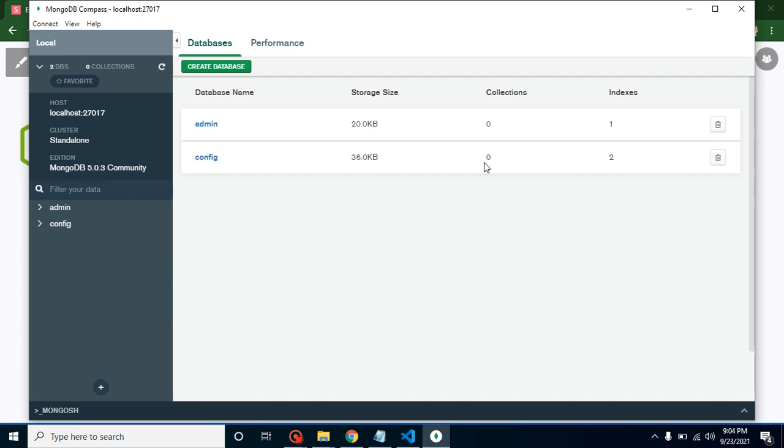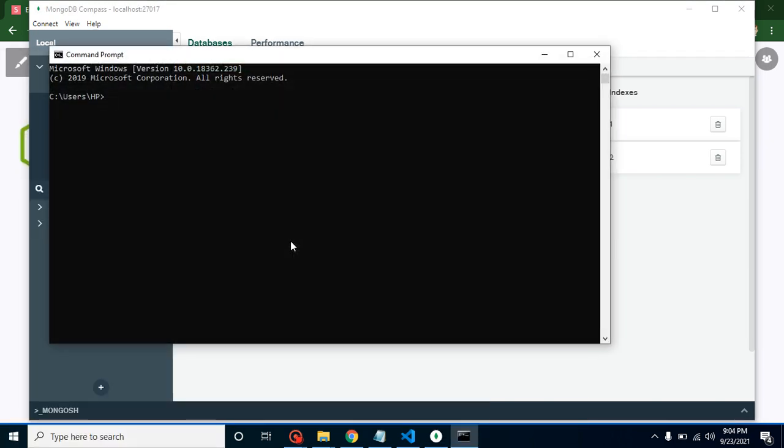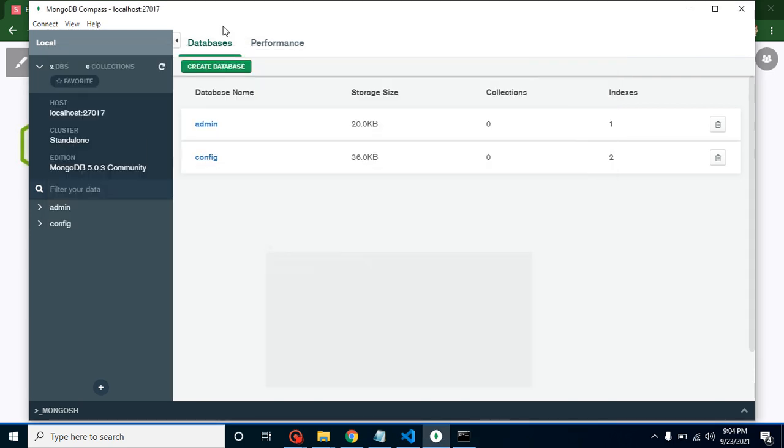It is just installed in our system, we cannot see it, right? If you want to check whether it is installed or not, you can simply open the command line and check with mongo. So don't be confused: Mongo is a database, and MongoDB Compass is a tool that helps us interact with MongoDB, right?